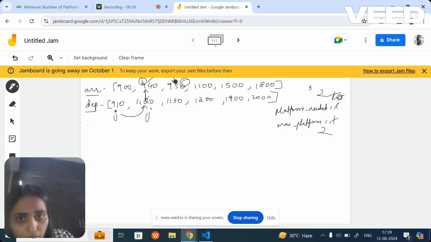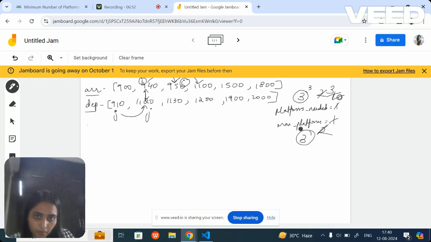Okay. So now again we will iterate to the next one. Now the train arrives at 11 o'clock. That means it is lesser than 11:20, it is coming before 11:20. If it is coming before 11:20, that means there is already a platform occupied, right? That is why we will need another platform. So our total count is 3. What is the maximum between 2 and 3?